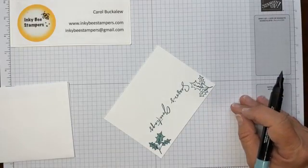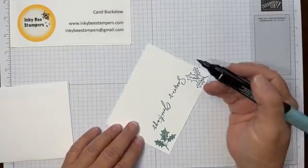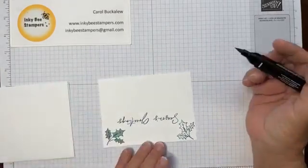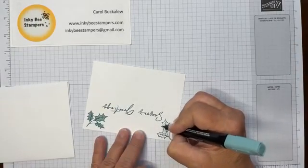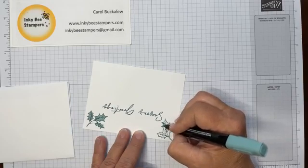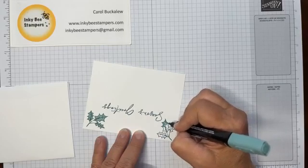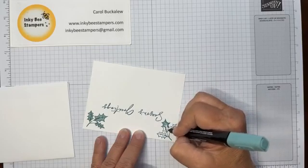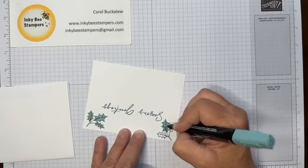You saved your Pretty Peacock paper, ink, and Stampin' Write markers. Very smart. Oh, thanks very much, Rosie. I appreciate that. Yeah, I have started doing that, Sharon. When colors get retired, I learned very quickly that they bring these colors back, which I didn't realize at first when I first became a demonstrator. So now I do the same. I save all my colors, and they are safely packed away in a box in case Stampin' Up! decides to reintroduce that color again. I will have my